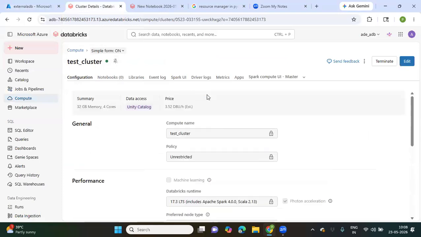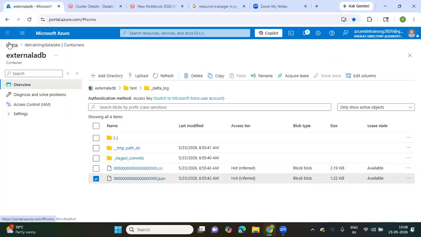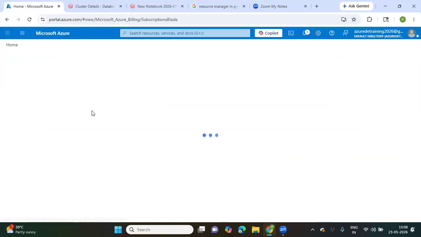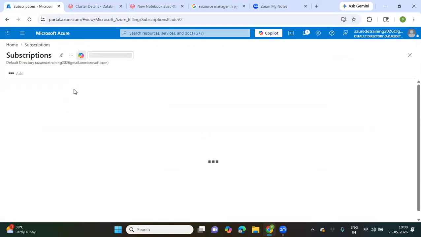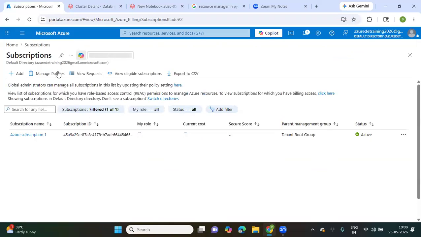Okay, I have created a single node cluster. I'll show all this to you. So this is the Databricks. Sorry, first let's go to the Azure portal. Okay. If you remember, we have created a Databricks account earlier in our Azure account, but we were not able